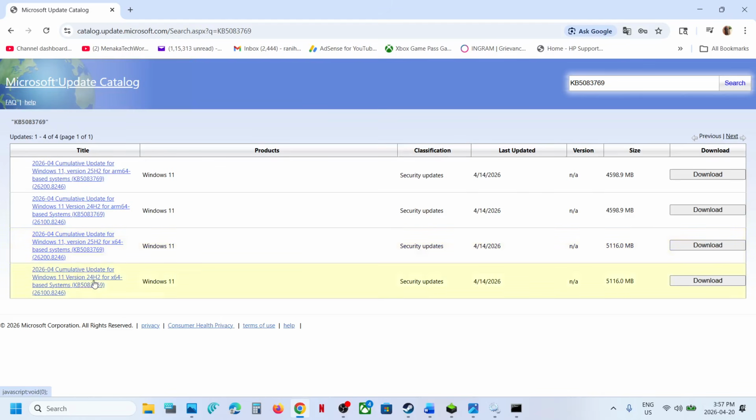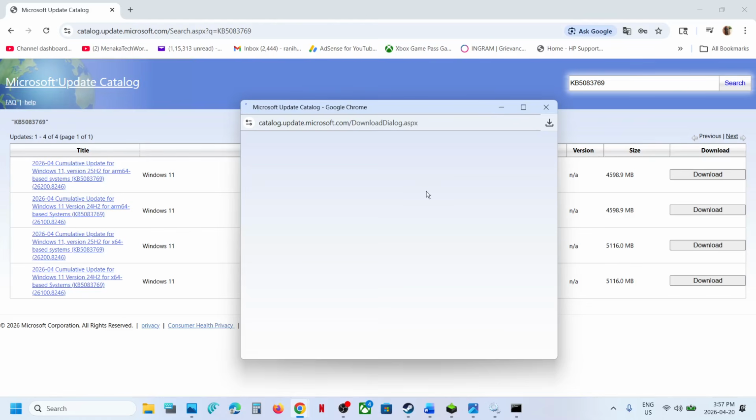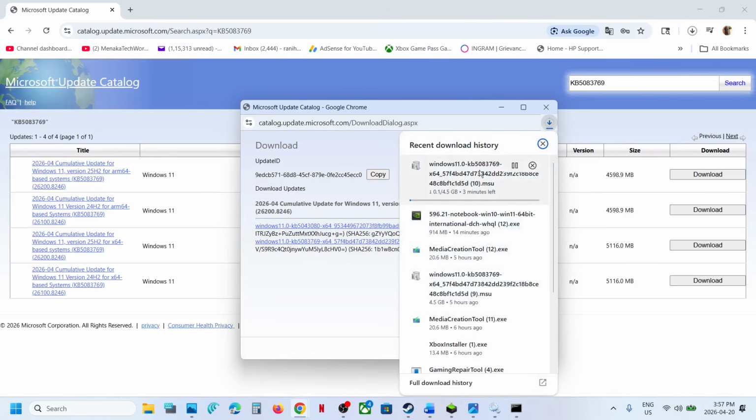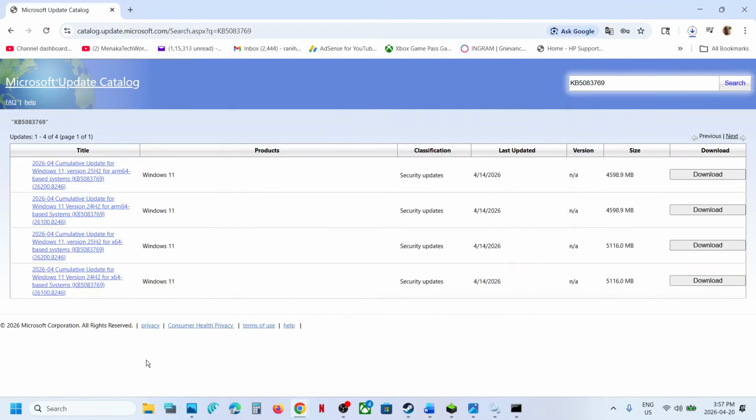If you have Windows 11 version 24H2 x64, then this is the right one for you. For me this is the right one. Now click on download. Now click on KB5083769, click on it and let the download complete. Once the download is complete, you can click on this file, install this update manually, and then restart your PC